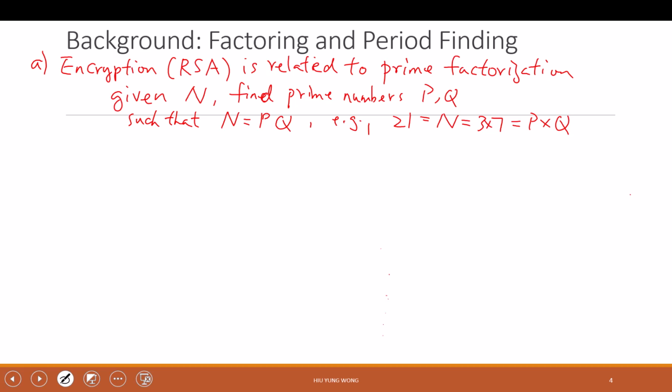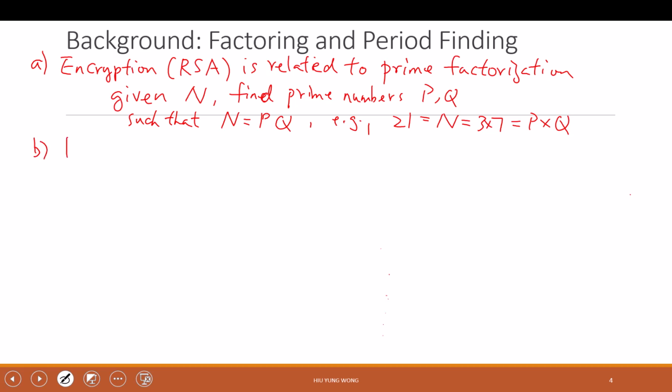So now it comes to the point that if you can factorize a number to find its two prime factors, then in principle, you can easily break any encryption that we have. That's the first thing. Now, but then